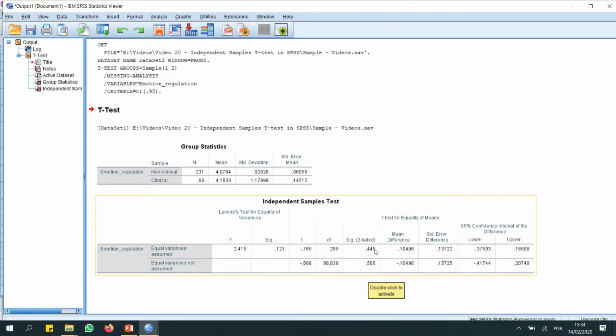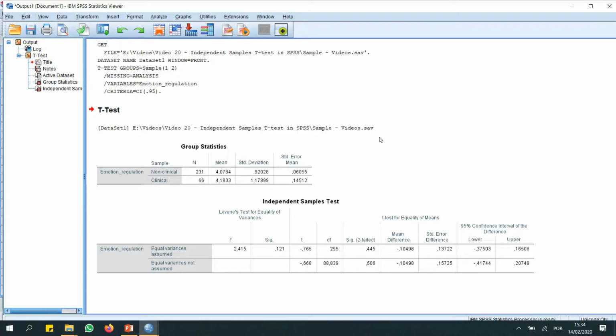And then we have our p-value here, that is, in this case, higher than 0.05. So, as you can see, our means are not statistically different.